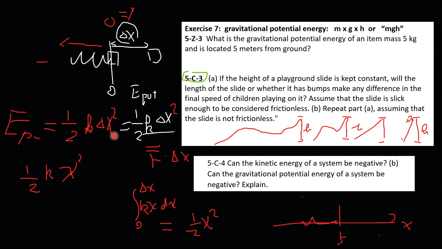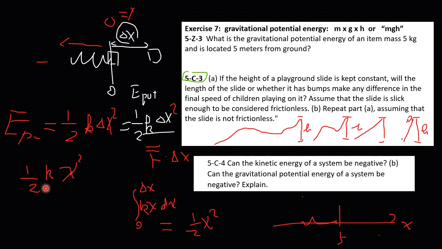So therefore, in either direction, as long as there is a change, the spring potential is going up. That's what the parabola means. The parabola, you remember, is shaped like this: the equilibrium point is at 0, and it goes up on both sides. So that's what this parabola means. Half kx squared, that's the potential. We will use this relation to solve many problems.